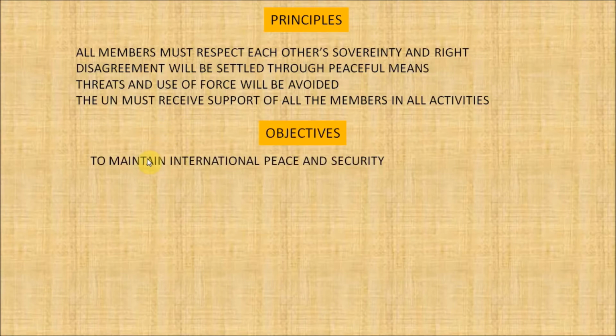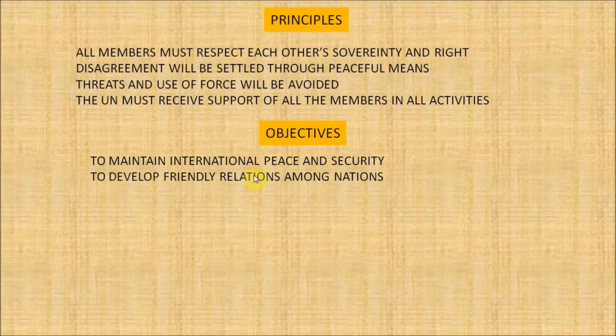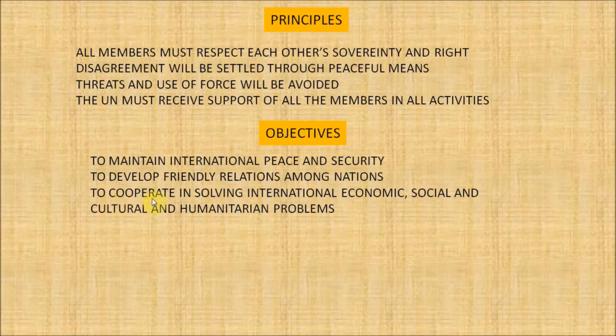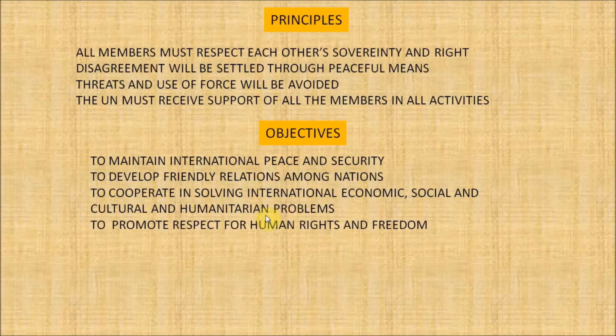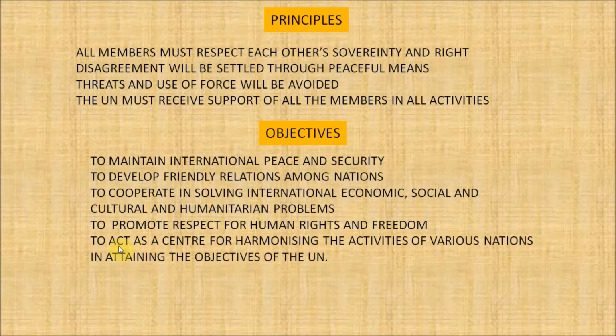The objectives of the United Nations are to maintain international peace and security, to develop friendly relations among nations, to cooperate in solving international economic, social, cultural and humanitarian problems, to promote respect for human rights and freedom, and finally to act as a center for harmonizing the activities of various nations in attaining the objectives of the